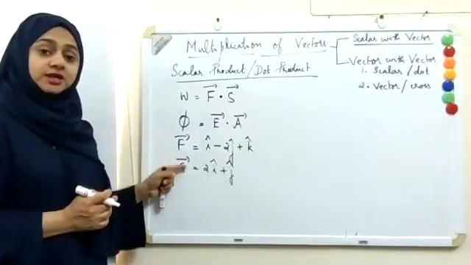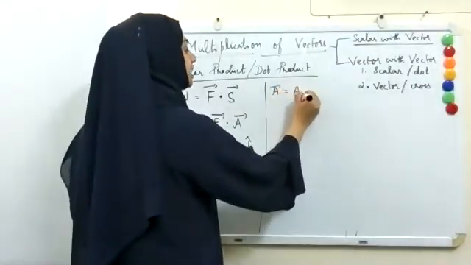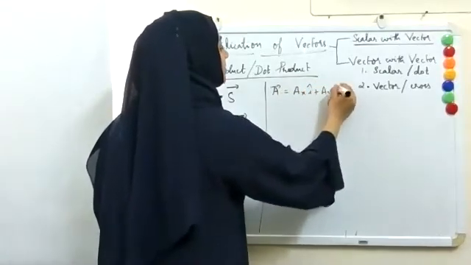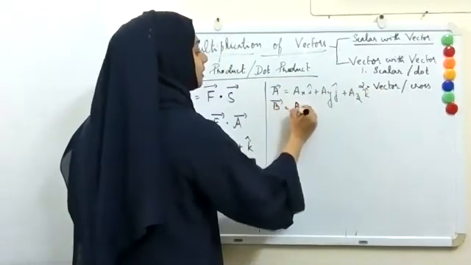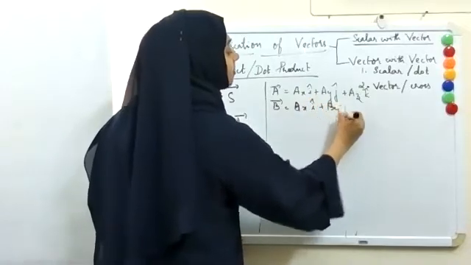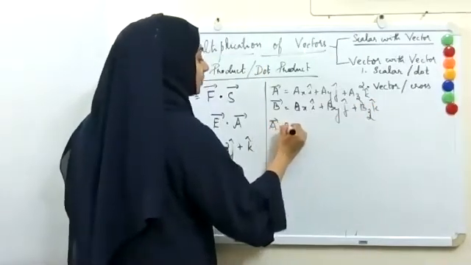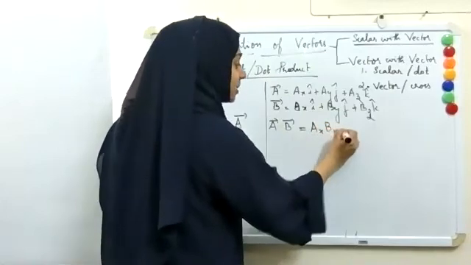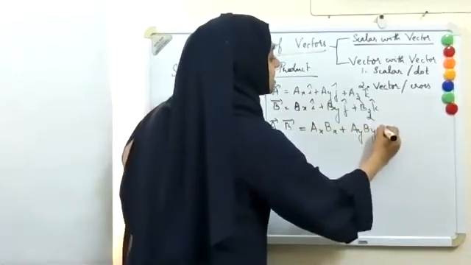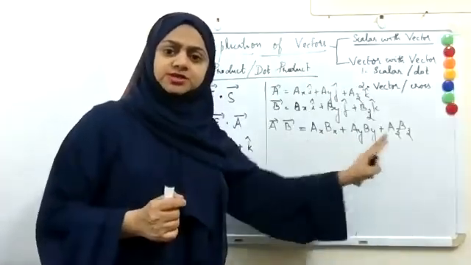Now let us see how we can take the dot product. I told you before, if we have vector A equal to AXI plus AYJ plus AZK, and another vector B equal to BXI plus BYJ plus BZK, and you are taking the dot product A dot B in the component form, you can write it as AX BX plus AY BY plus AZ BZ. Why didn't I put I, J, K?